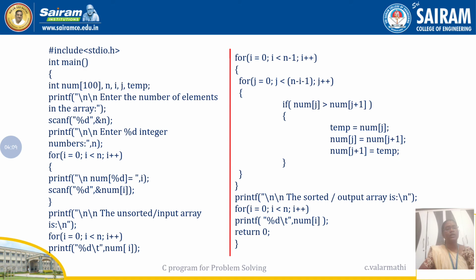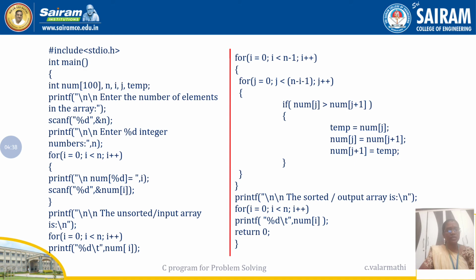Then using the for loop statement, I am going to scan the elements. What loop I have used means: for i equal to 0, i is less than n, i plus plus, I am going to scan one element. That is done using scanf statement, right? Then I have started my logic using for loop. For i equal to 0, i is less than or equal to n, i plus plus, that is my pass for loop.